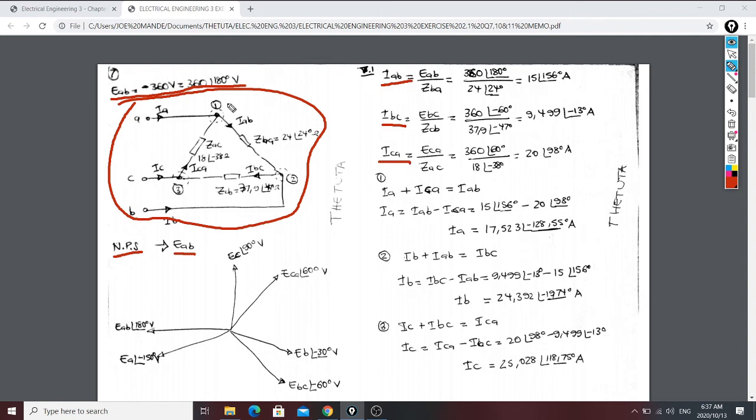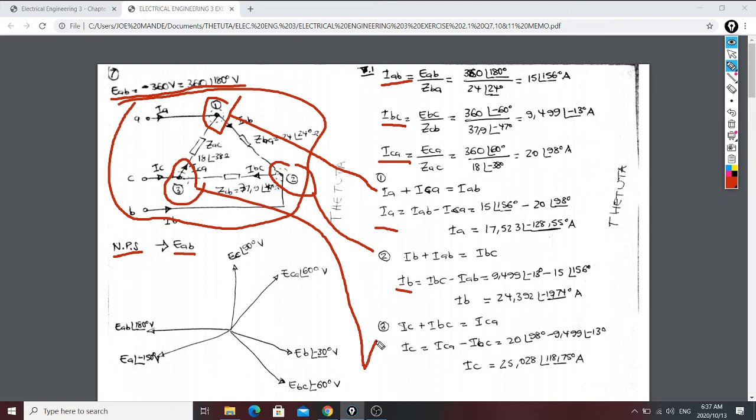Okay, then you come to this junction 1, you apply your Kirchhoff current law to get this current, and therefore you're gonna get your line current A. You go to your junction 2, you apply your Kirchhoff, then you're gonna get your current B. You go to your junction C, you apply your Kirchhoff, you're gonna get your current C. Okay, but in your phase sequence, the only thing that you're going to get is the angle of the line current CA, so that when you come here, you substitute. You're gonna take for BC as well. When you come here, you substitute.